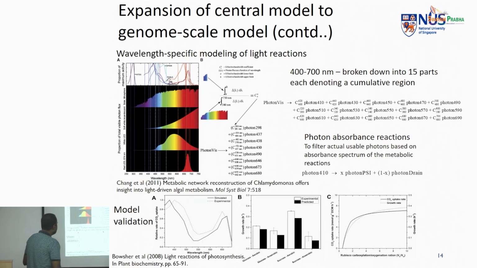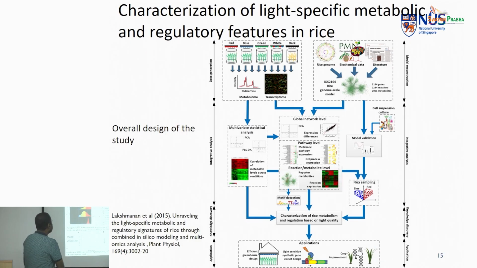Why is this critical? Because we also showed that across different wavelengths, the amount of photosynthesis happening actually changes. At the blue light as well as at the red light, it has the maximum amount of photosynthesis happening. With the model, the dotted lines are the experimental, whereas the solid lines are the model-simulated ones. So it was able to grossly reproduce the trends. The ultimate usage of this model will be shown in the later slides.